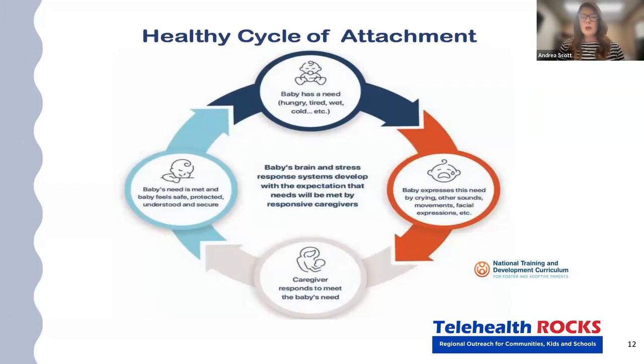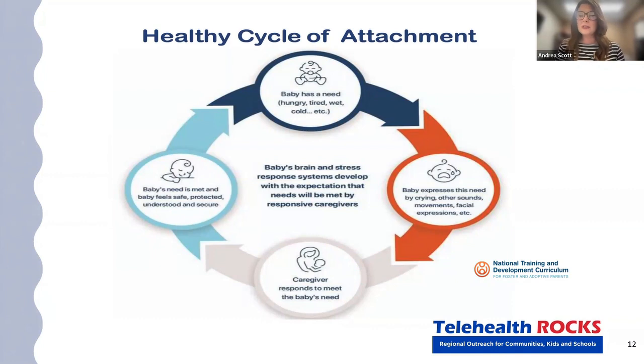Okay. So here we have the cycle of attachment. Cycle of attachment, right? What does a baby do when they're tired, cold, or hungry? Somebody just shout out or put it in the chat. What do they do without looking at the screen too much? Cry. Okay, very good. Thank you for that, Deb. So when they're tired, cold, or hungry, they have a way to communicate with us, and they say, "I'm hungry, caregiver, meet my needs," right?